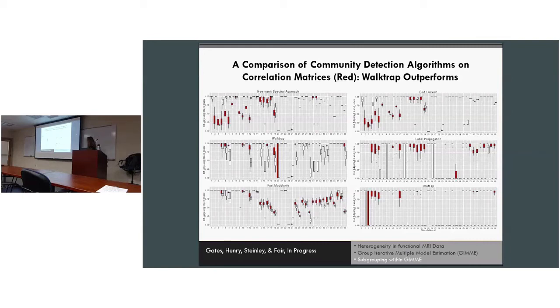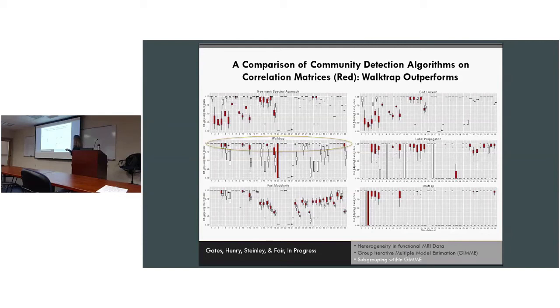Excuse me. And so we did a little Monte Carlo simulation to see which one was best for our purposes, because we want to be able to run the analysis on the correlation matrix, and Walktrap was far superior, even though InfoMap looks pretty good here. It's either doing really well, 100% recovery. I'm sorry, I should explain. The y-axis here is the adjusted RAND index. And so it indicates how well the subgroups that were recovered relate to the subgroups that were used to generate the data. And so you don't need to read all of this. I just want to draw your attention to the Walktrap that it did exceptionally well.